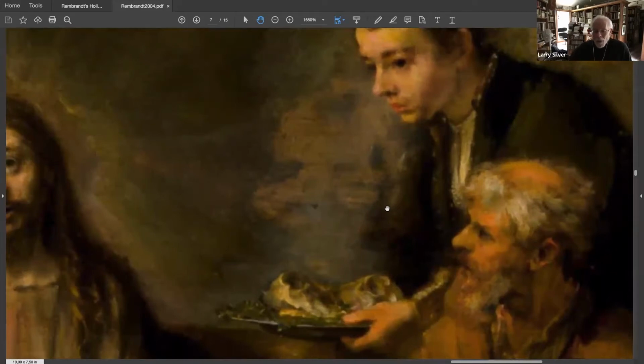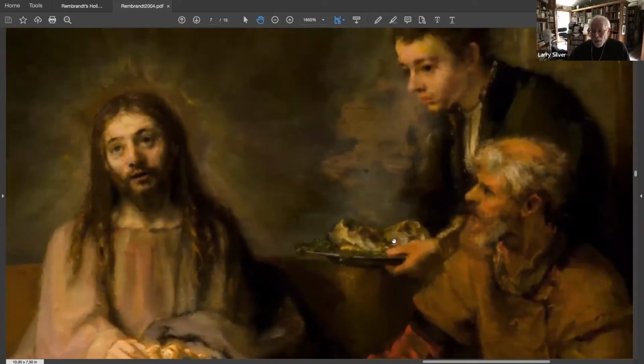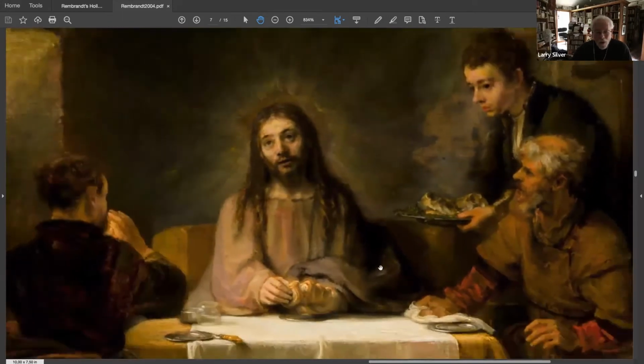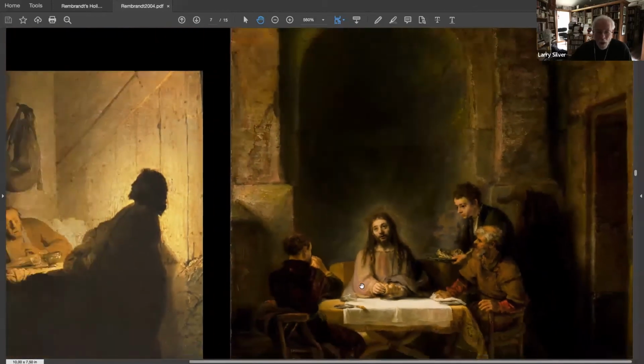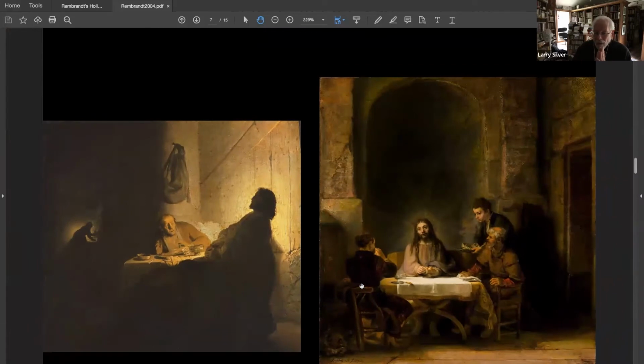But look how much more subdued this picture is. Even though we have dramatic reactions from two apostles, the drama is a good deal less overt and a good deal less physical and more internal. The one on the left clasps his hands together in reverence. The one on the right is still reacting in a semi-physical way as he turns slightly and looks like he's startled in his chair. And here, that brilliant light of the earlier moment is still a visible halo,